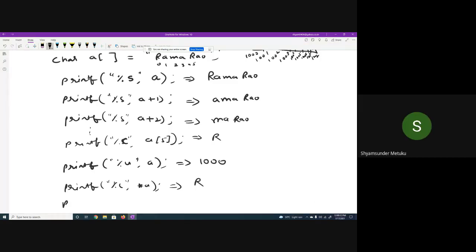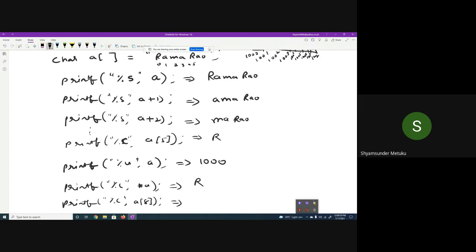Now finally I am trying to print one more case: %c a of 8. What is going to print? Null character. Null is non-printable. You cannot see it. Non-printable is like a space.